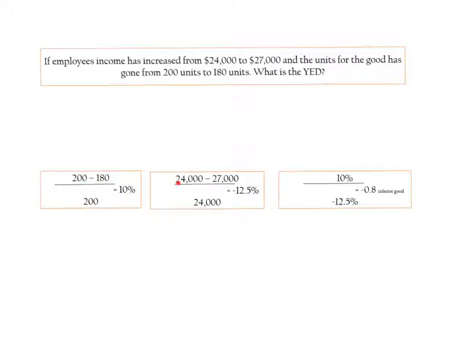Then what we've got is the income, and then the new income which has risen. So we do 24,000 minus 27,000, divide by the original. We always divide by the original when looking at the percentage change, and we get minus 12.5%. So again, going back to the original formula for income elasticity, we do our percentage change in quantity over our percentage change in income. So we do 10% over minus 12.5%, and we get minus 0.8, which is an inferior